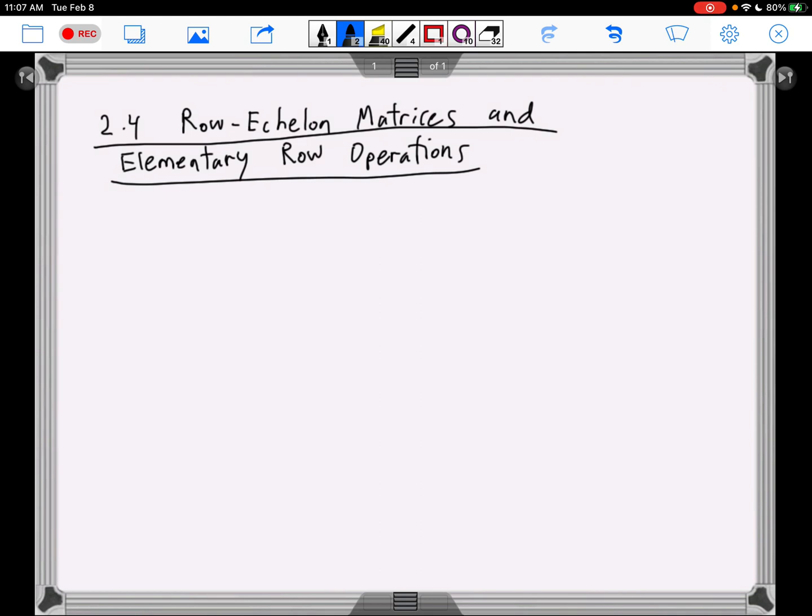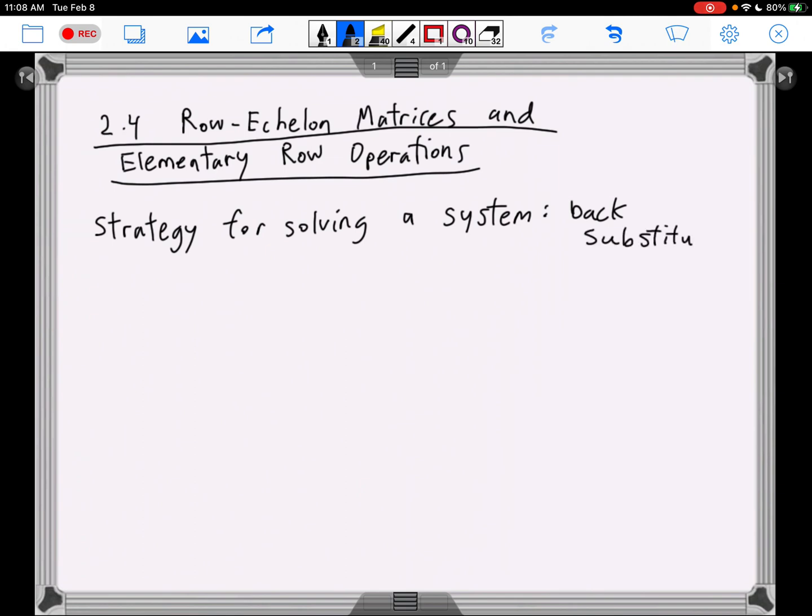So, what we're going to be learning is a strategy for solving a system of equations using matrices. So let's first talk about the strategy for solving a system that we are very familiar with previously. So, what is back substitution? Let me give an example of a matrix using back substitution. So, an example,